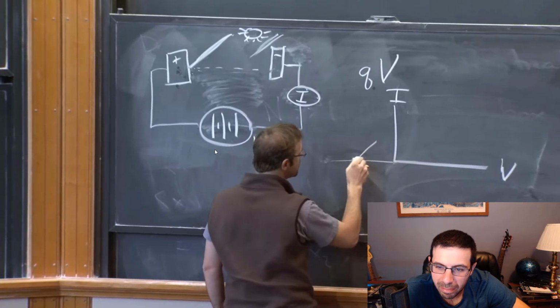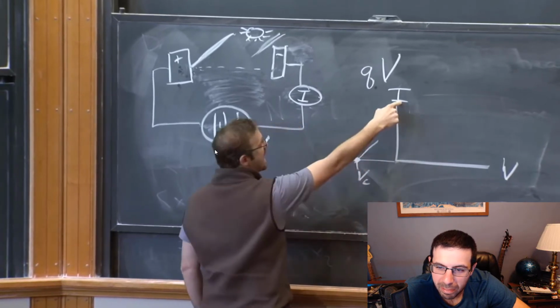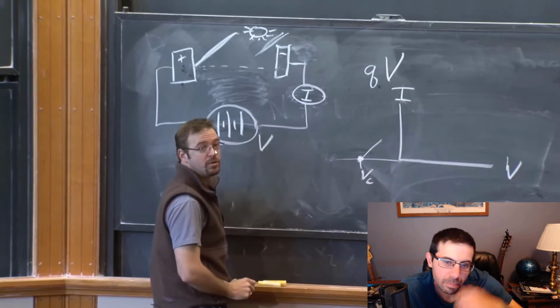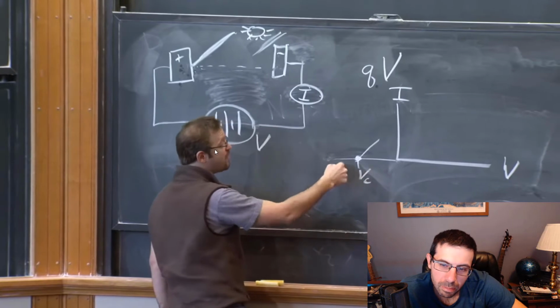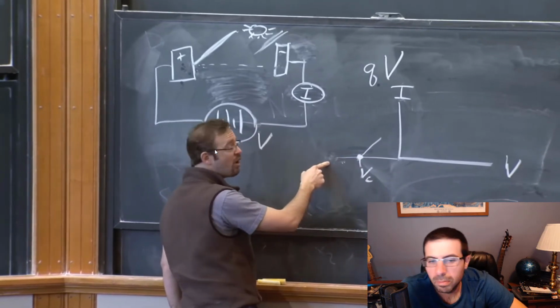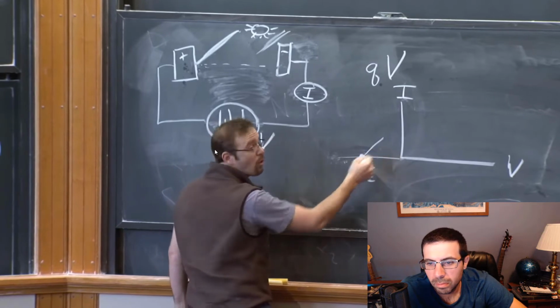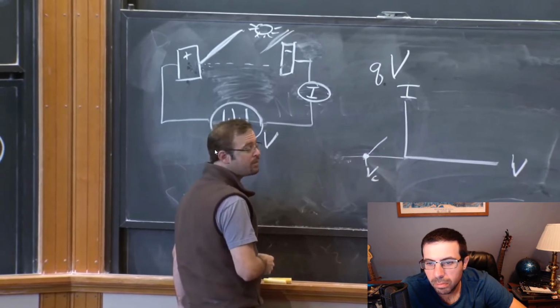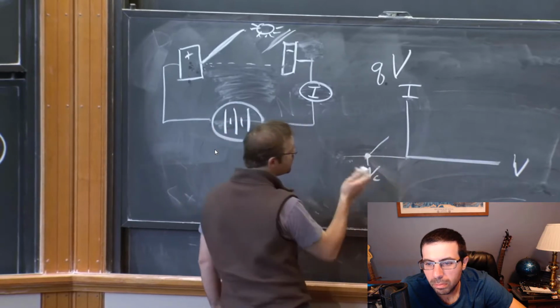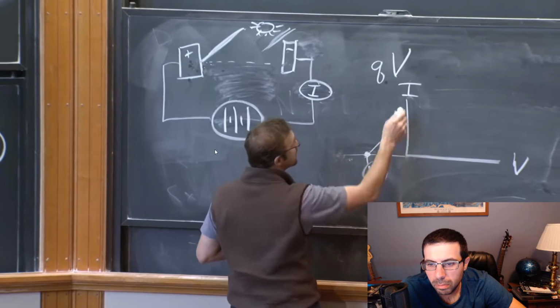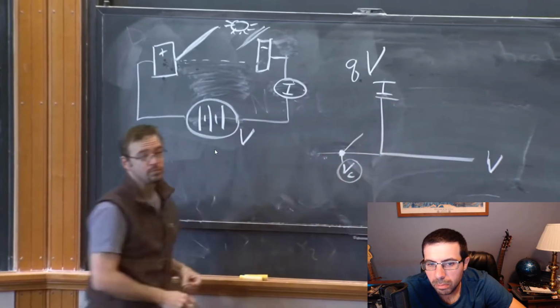So there's a critical voltage, V critical, where the current running through the system goes to zero. Okay? You make it harder for the electrons by making the voltage in magnitude even larger. You make it harder for the electrons to get across, none will get across. You make it a little easier, more and more will get across. And the current will go up. Cool? Okay, so what you want to do to measure this kinetic energy is you want to measure the critical voltage at which the current goes to zero.